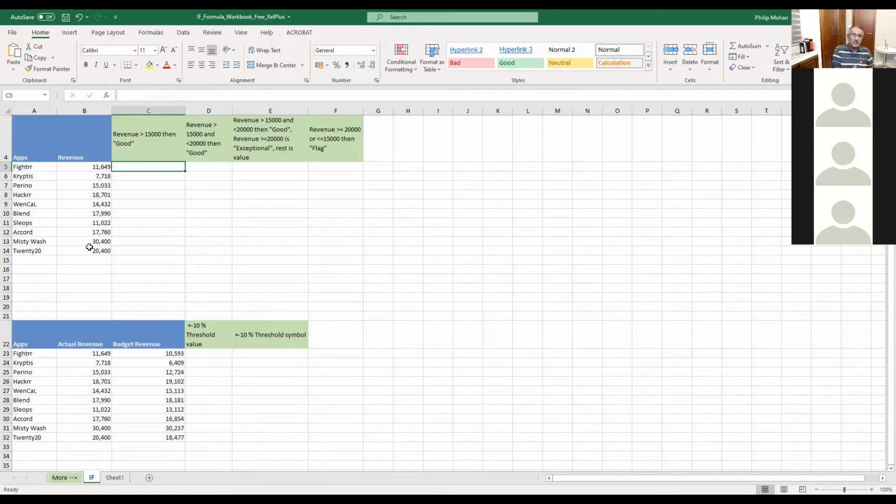So there are these two processes: if then else, or while and end while, or while when. Some programming languages will use while when. I don't know if Excel has that particular process, but it definitely has if then else. So what we are going to look at today is the if condition. If a particular condition is true, then you do these set of procedures. If it's not true, then you do another set of procedures. That is the format for if.